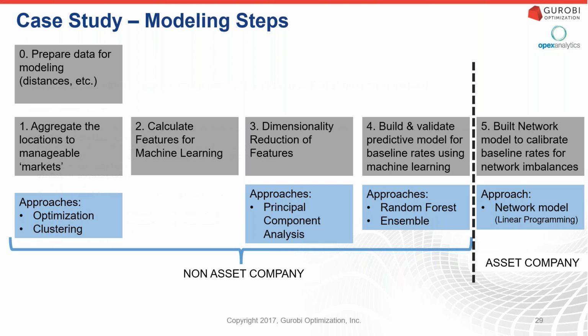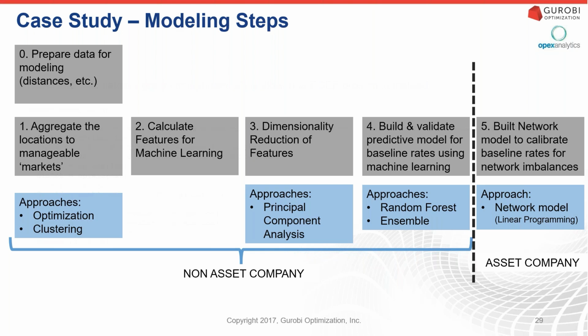If this were an asset company, this step would all be sort of just the prep work, and then there would be a whole bunch of work on the asset side, building a nice optimization model to figure out, given all the historical prices and the market prices, how do I actually make sure that I can move my vehicles around from point A to point B and make sure they're positioned in the right place, and then use that linear programming model to help adjust the prices coming out of what you see on the left.